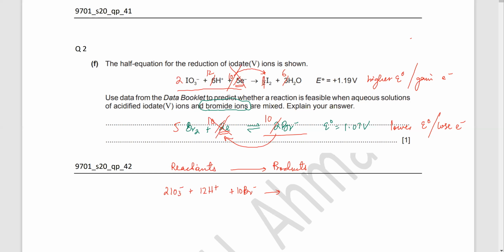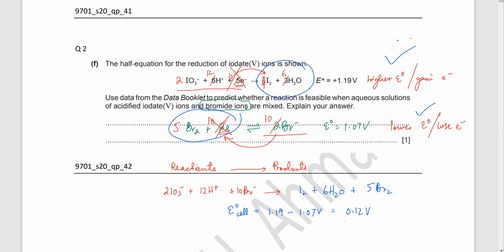And the products. The products in the first one are these. In the second one, the products are these. So I'm going to add up the products. It's going to be I2 plus 6 water molecules plus, in the second one, the product is 5Br2. So this is my reaction, and the E0 cell for the reaction is higher potential minus the lower potential. So it's 1.19 volts minus 1.07 volts, and that gives me 0.12 volts,